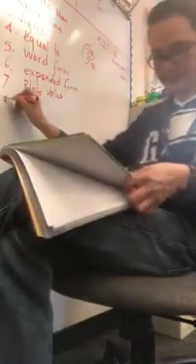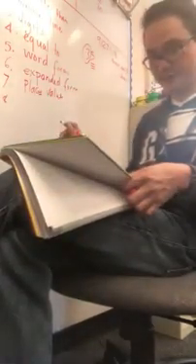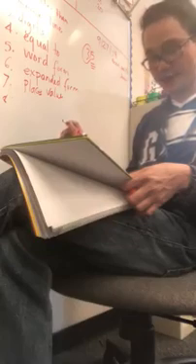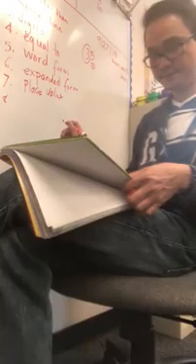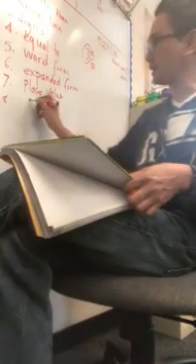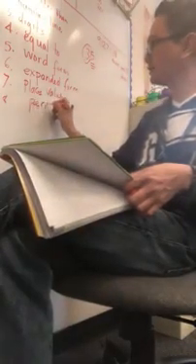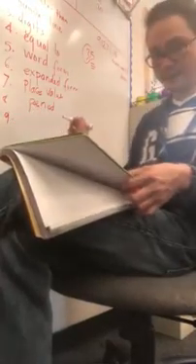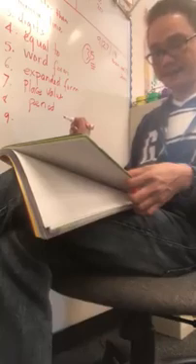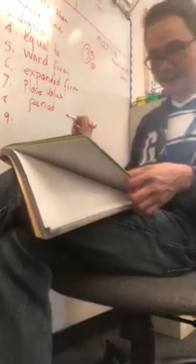Number 8, the name given to each group of 3 digits on the place value chart is called a period, correct? Number 9. No, 9 is period. No, number 8 is period. Number 9,